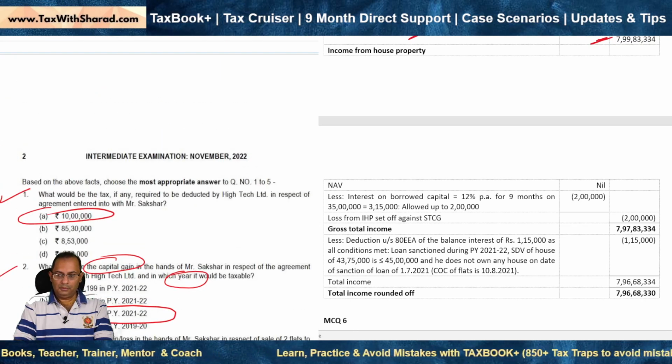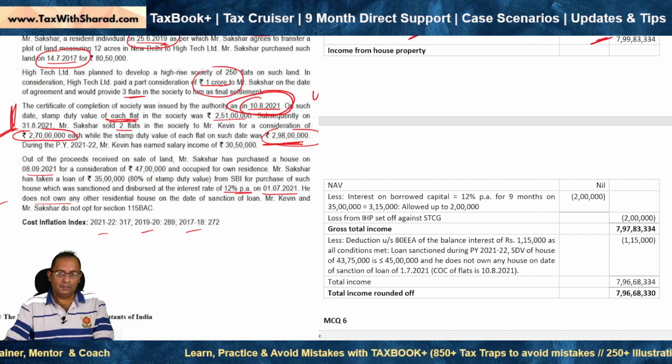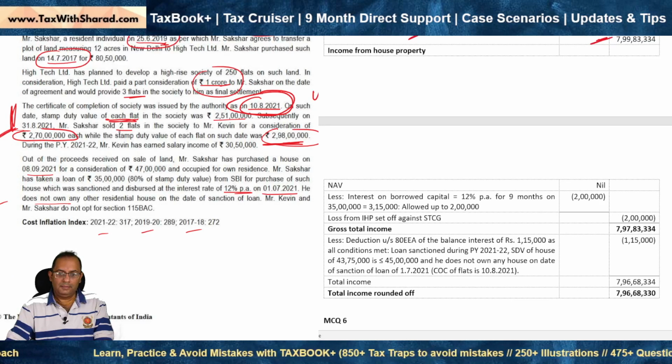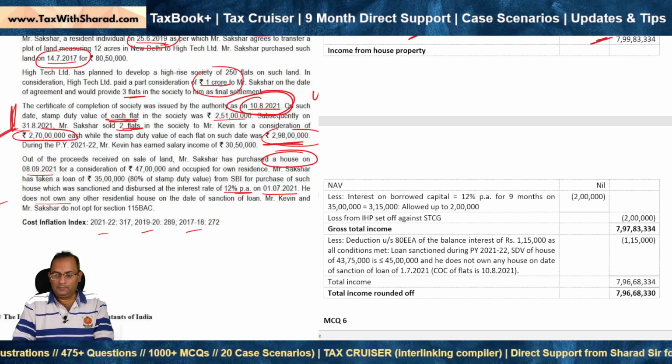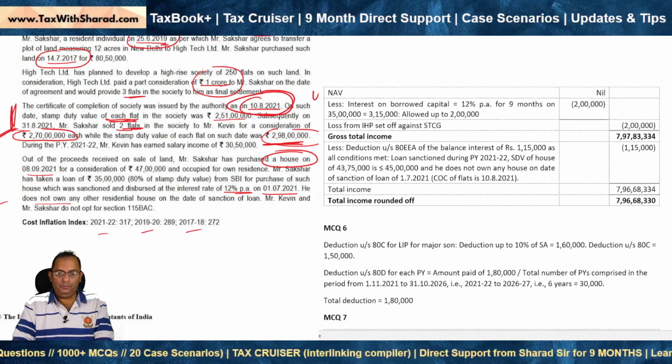Let's see the question above. So he got 3 flats, okay, he sold 2 flats, and out of the proceeds he purchased a house, and then there is this interest on borrowed capital as well. So income from house property will need to be considered, and the NAV will be nil